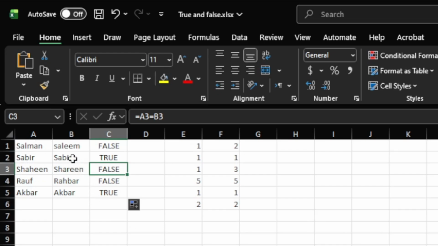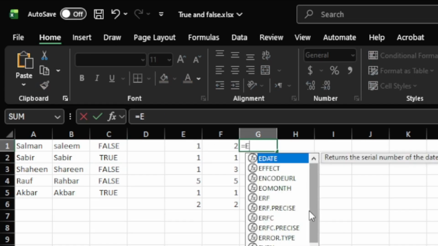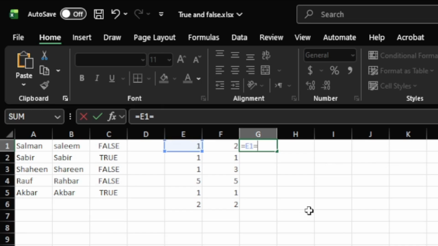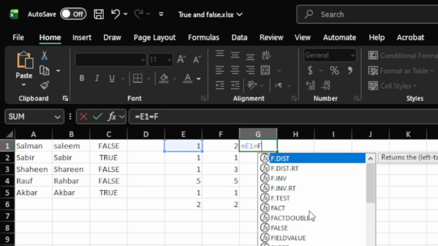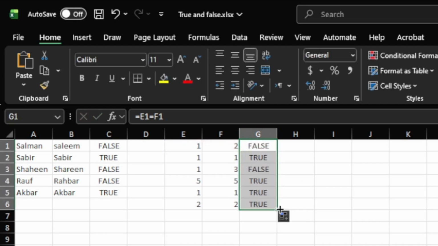or for real numbers. For example, I want to check these, so I add an equal sign for entering the formula, and then I enter E1 and then equals F1, and then I drag this down to all the rest of the entries. You see, it gives TRUE where the entries in column E and F are the same, and it gives FALSE